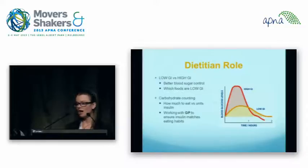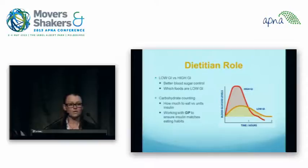And also carbohydrate counting. So even for type 1 diabetic patients, not necessarily type 2, but type 2 that may have progressed to taking insulin, my role is to help teach them carbohydrate counting. Have many of you heard of that? Yep. So just educating them on how much they should be eating for their units of insulin, but also